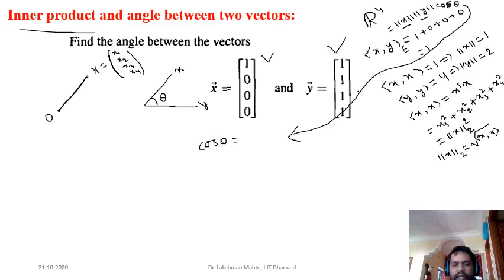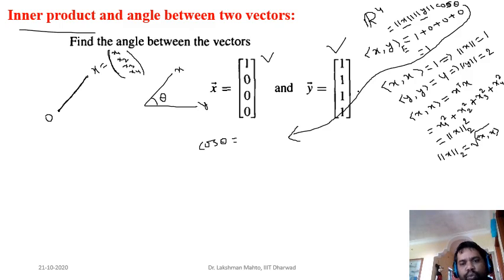It is very interesting when you have bulk data and you want to find cosine similarity. You need to find the dot product. Cosine similarity is one kind of talking about correlation between two data sets. So here one data point is this, another data point is this. Then how can you see the correlation between these two? Easily, just find the angle between the two. So cos theta would be the ratio of the inner product of x with y divided by length of x into length of y.